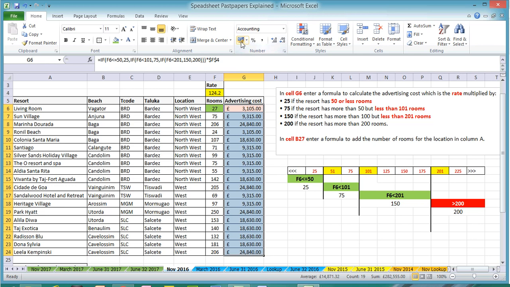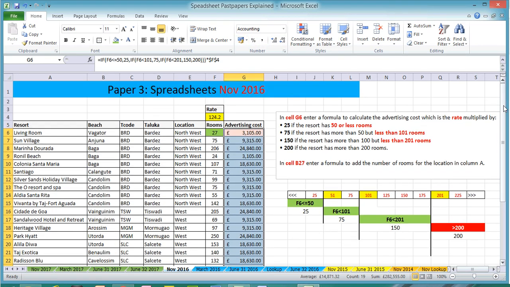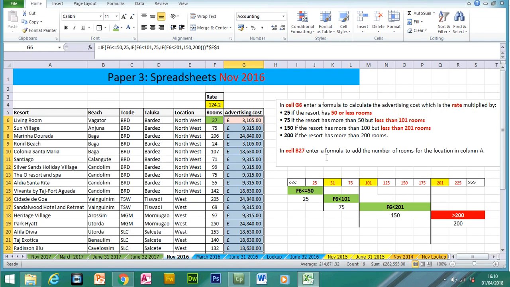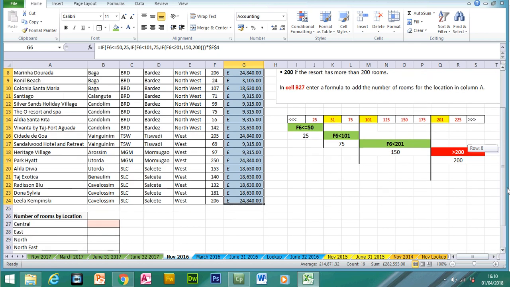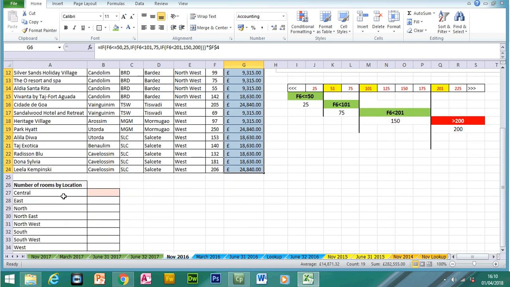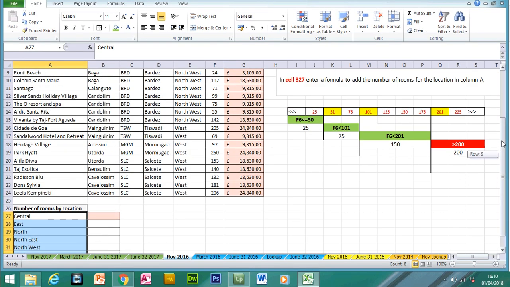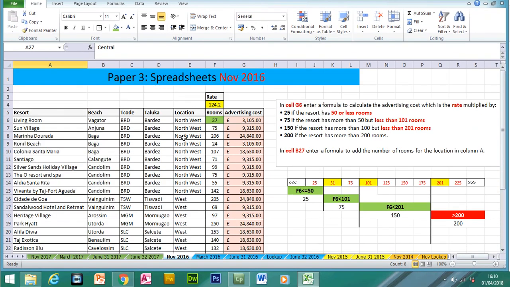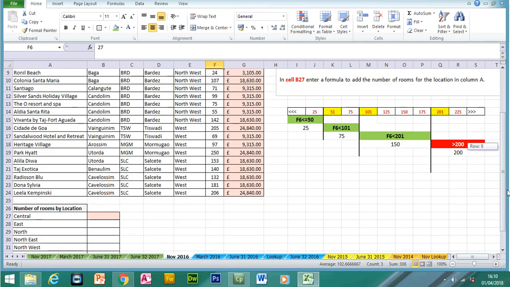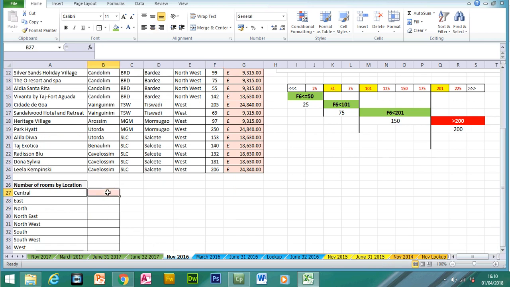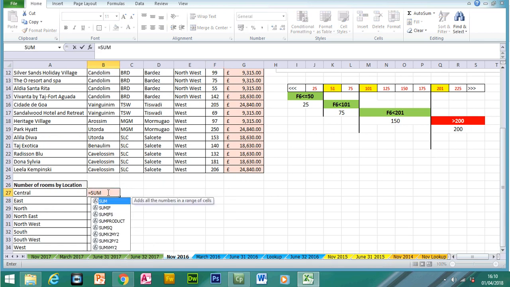Because there's a cost, let's put it into currency. Okay. Right, in cell B27, enter formula to add the number of rooms for the location in column A. So we have the locations here, okay, in column A. This is going to be our criteria, and we have the locations here. So, and then we want to add up the number of rooms for locations. So we're going to use a SUMIF because we're adding with a criteria. So if I type in equals SUMIF,